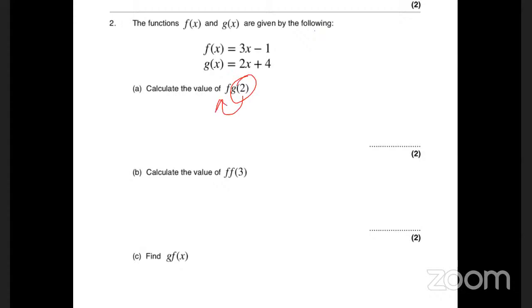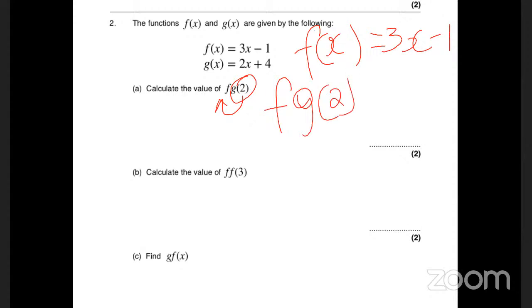We're going to write down the function f of x, which is 3x minus 1, and then we're going to put in fg2. What we're going to do is put g2 into that, which gives us 3 open bracket. No, put